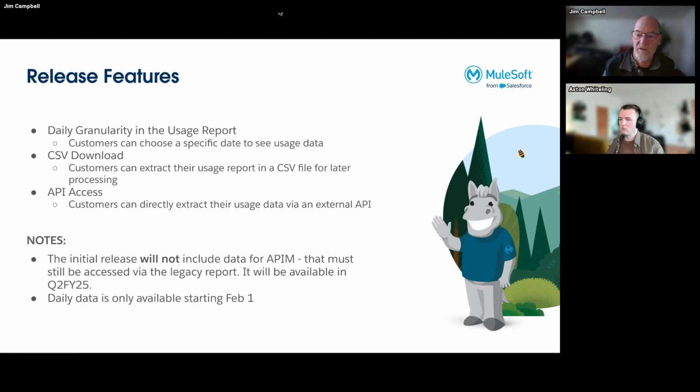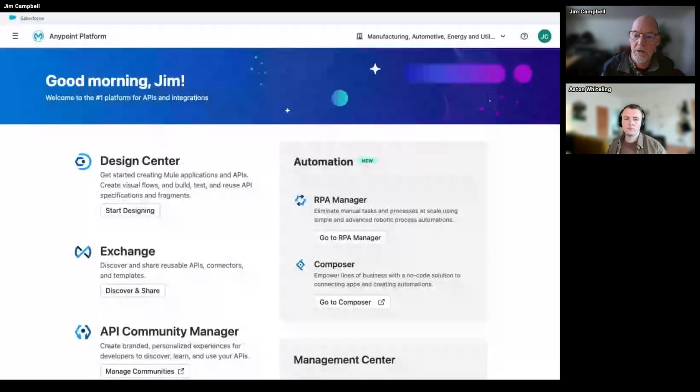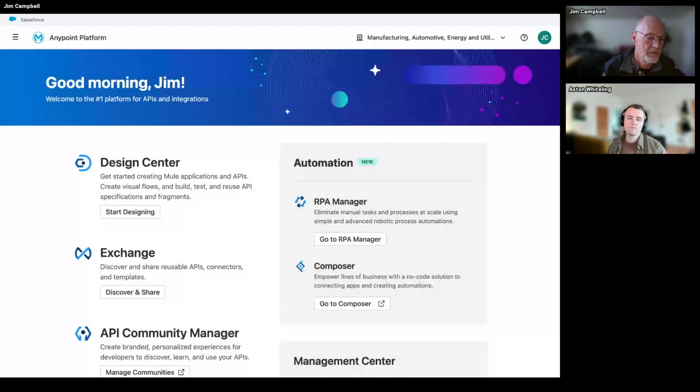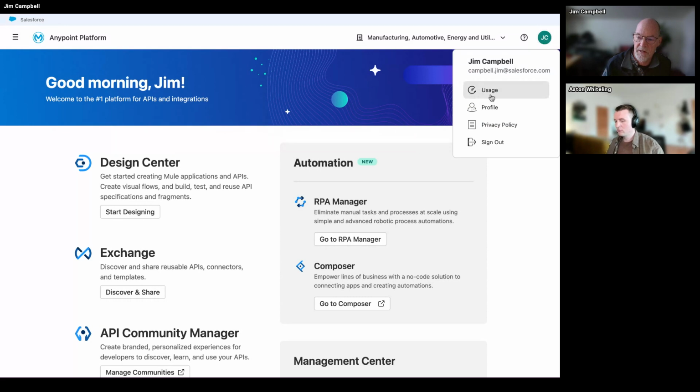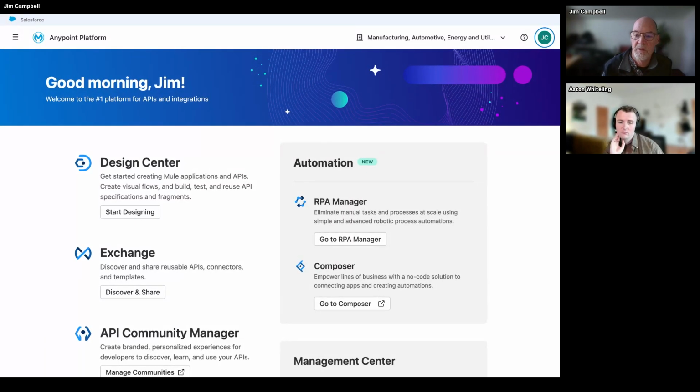And let me see if this will work, because I'm actually going to try a demo. Okay. So the usage portal lives under your profile name up here. You need to ask your admin for view usage permission in order to be able to see it. And once you're in it,